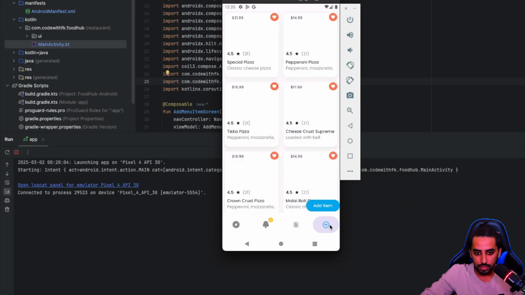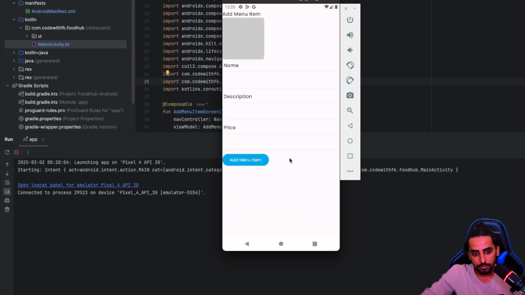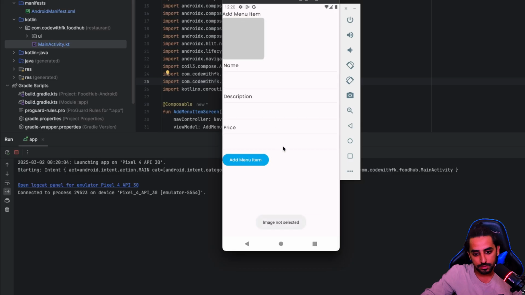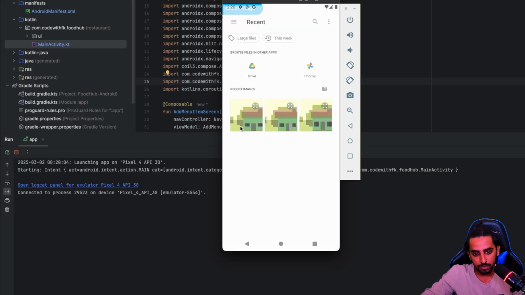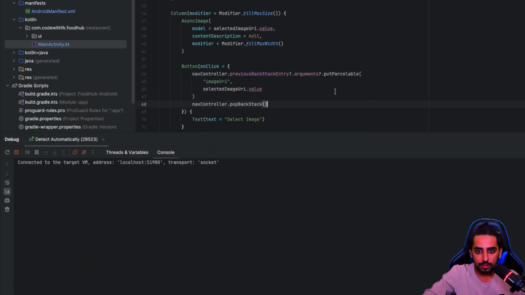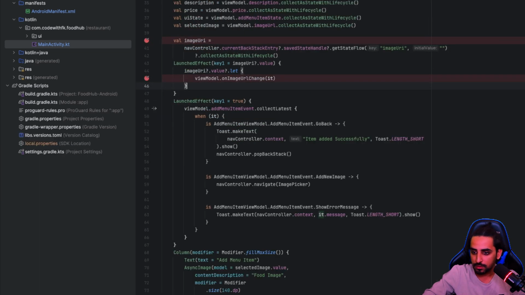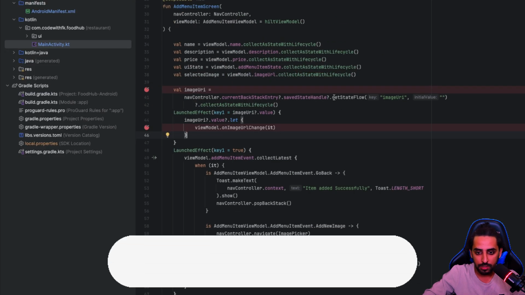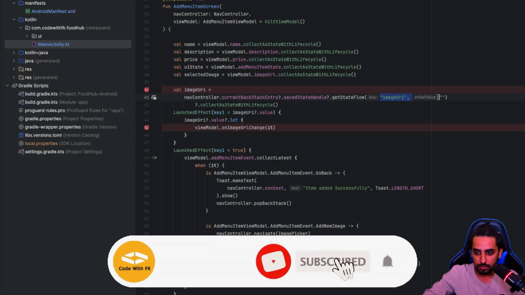Okay, so the image is loaded. We are getting over here. When I click on that, it's loading this. Okay, something went wrong. Now let's just try. Okay, I think there is something wrong. I think I made a mistake. Rather than having a parcelable, like we have a parcelable, and instead I'm trying to get this as